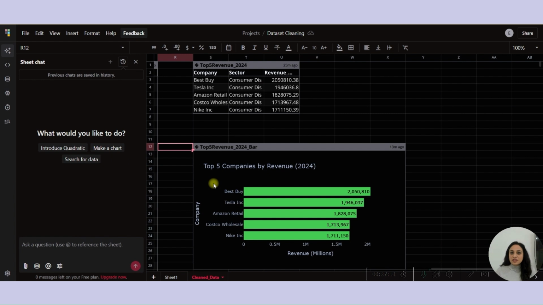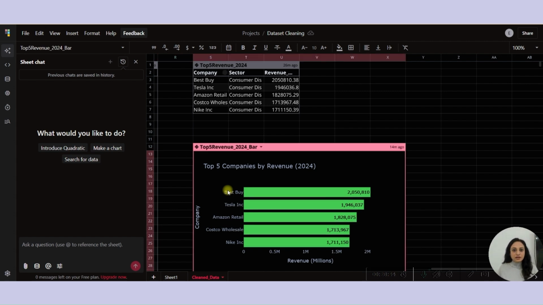In a nutshell, this tool brings traditional analytics with modern AI power. And for analysts who want deeper insights without tool hopping, this tool can be a game changer. However, it is not yet a full replacement for business intelligence platforms or maybe local coding environments like Python. But this is great